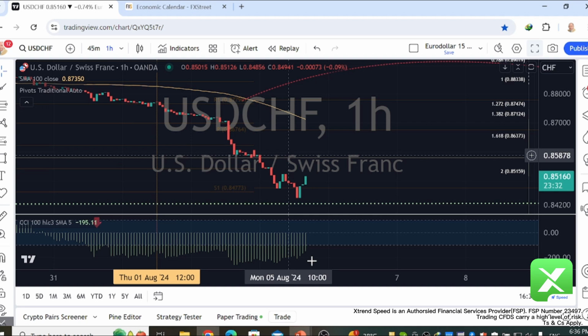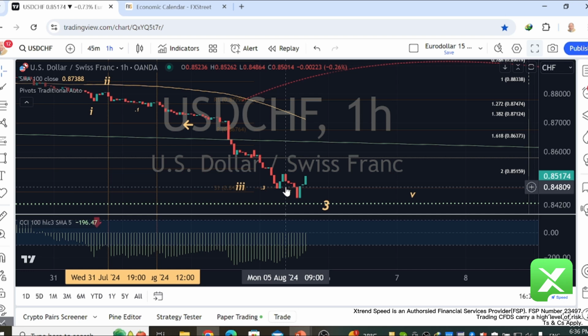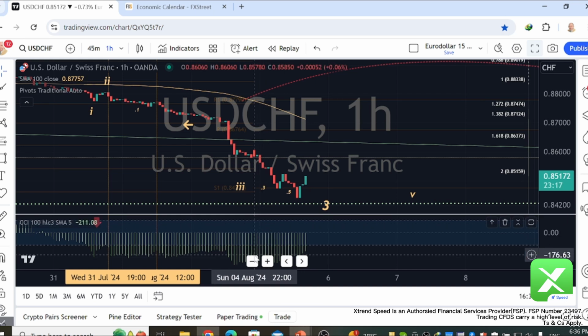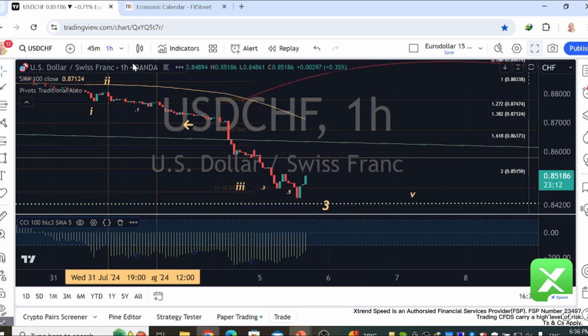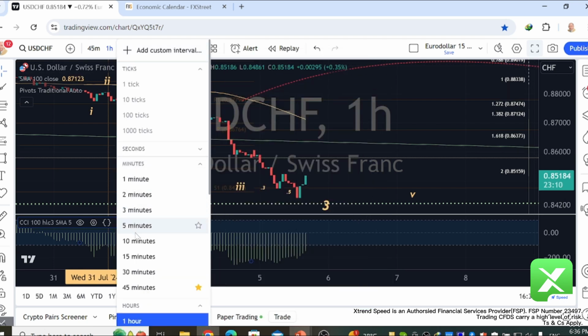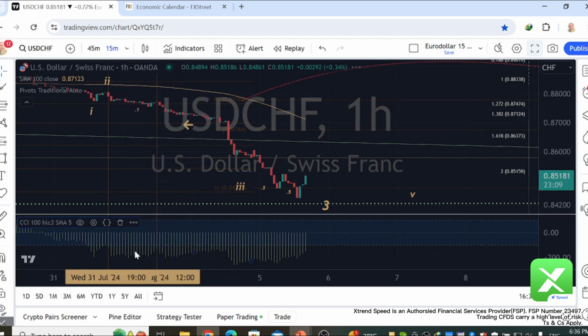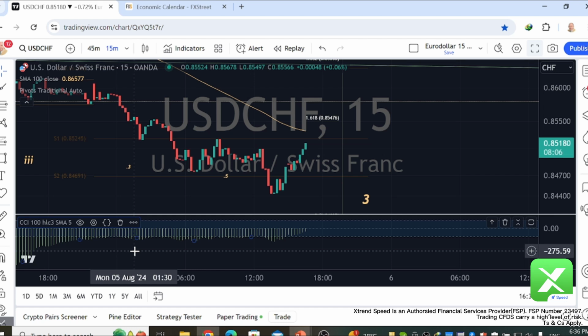Looks like this one is showing now a strong, maybe strong correction. It was trending to the downside on Swiss franc strength. Let's check internals. If we have some positive momentum on at least two cycles, we don't have on the 15